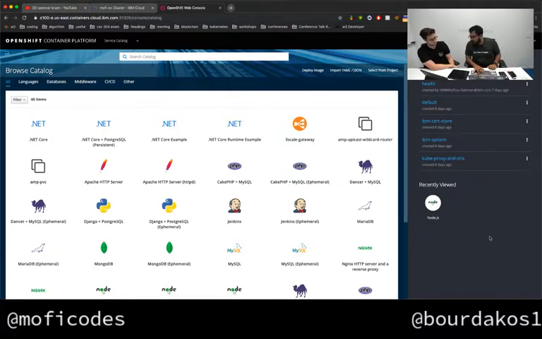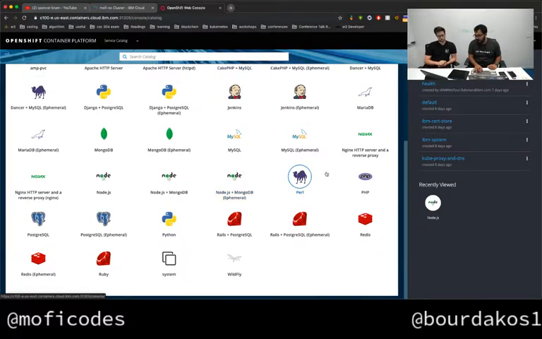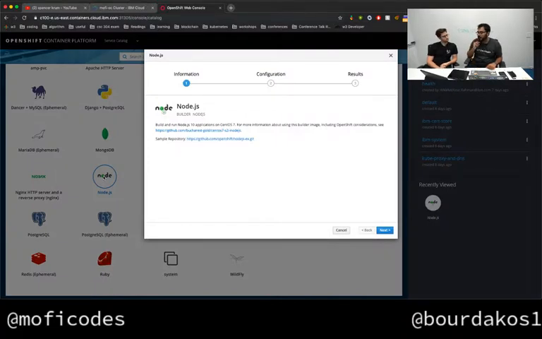Okay, so next, in here you have a bunch of different types of applications that you can build, and you can just point OpenShift to a Git repo. It doesn't even need to have a Dockerfile in the Git repo. It just knows it's a Node application, and from the Node application,